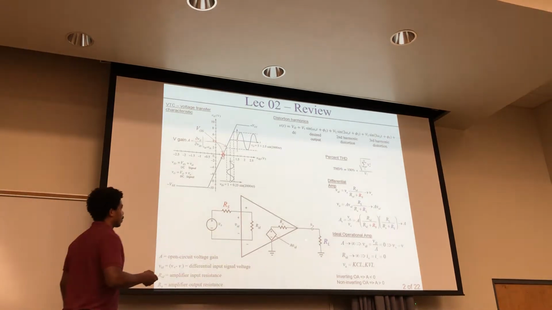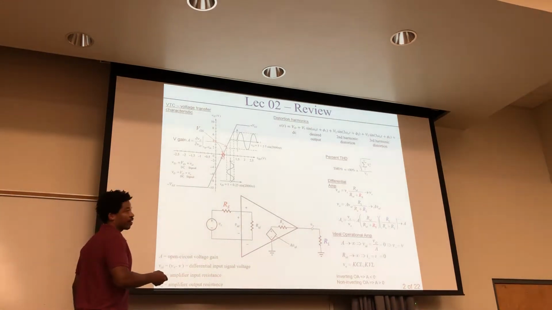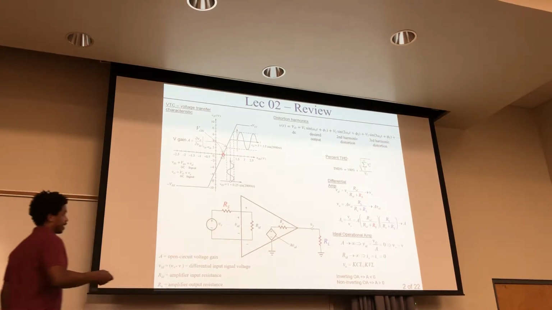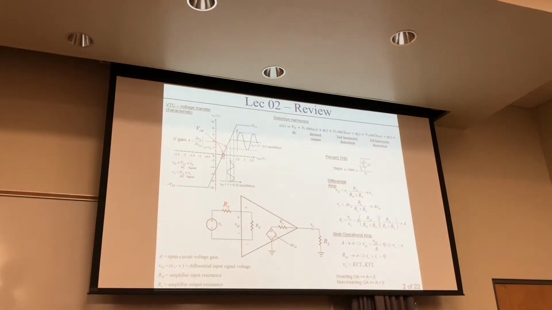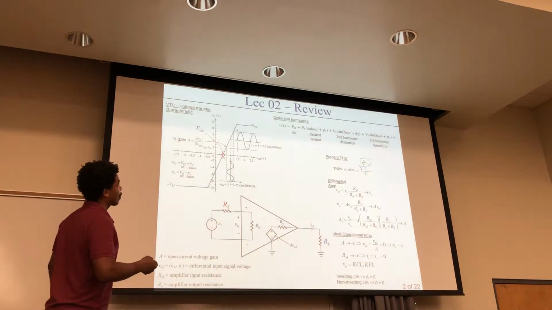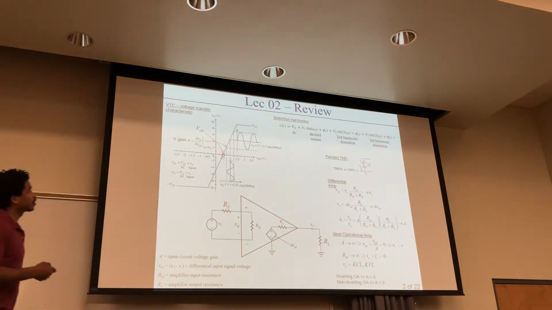That's the voltage when the RL is not there. The RL being there has an effect on this. The differential input voltage right there, amplifier input resistance, amplifier output resistance. You look at the differential op amp and the ideal op amp,